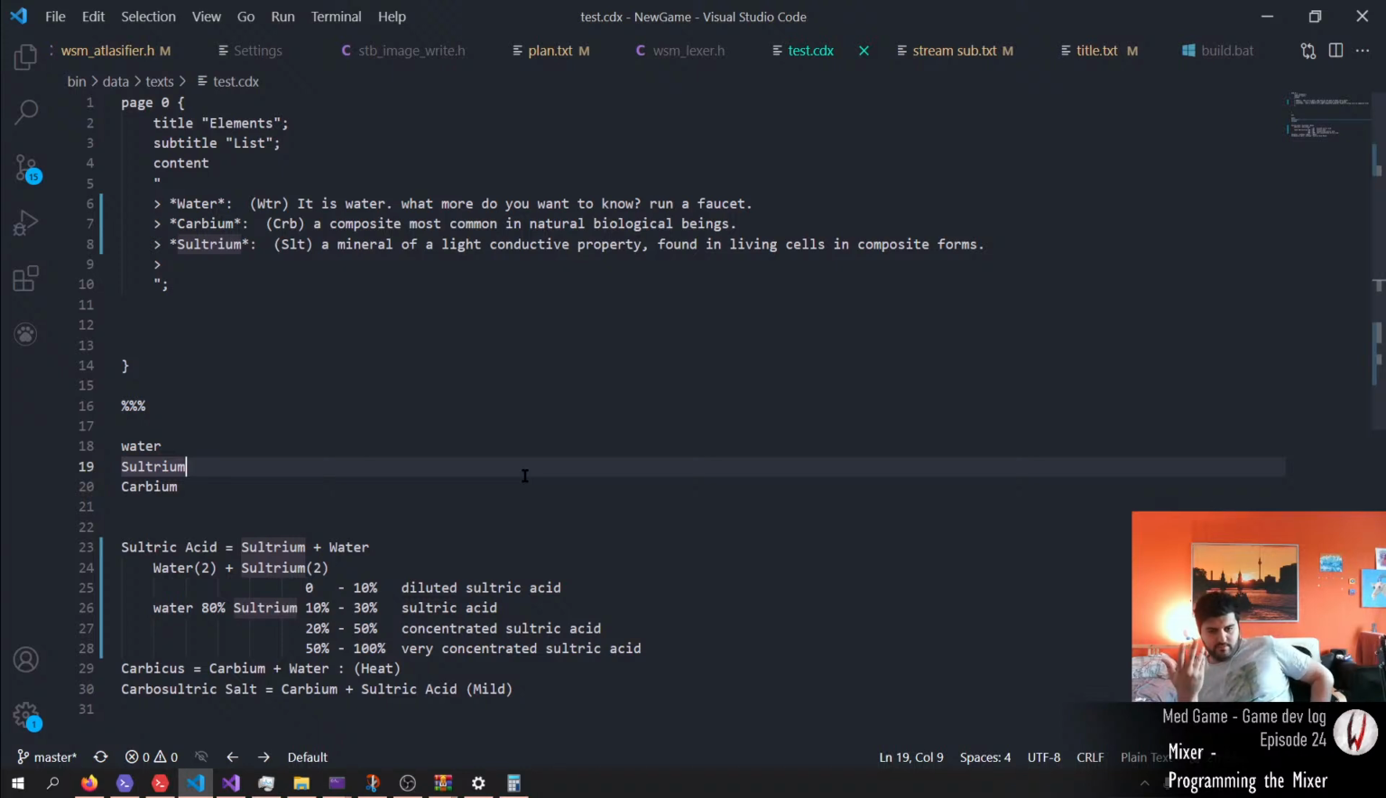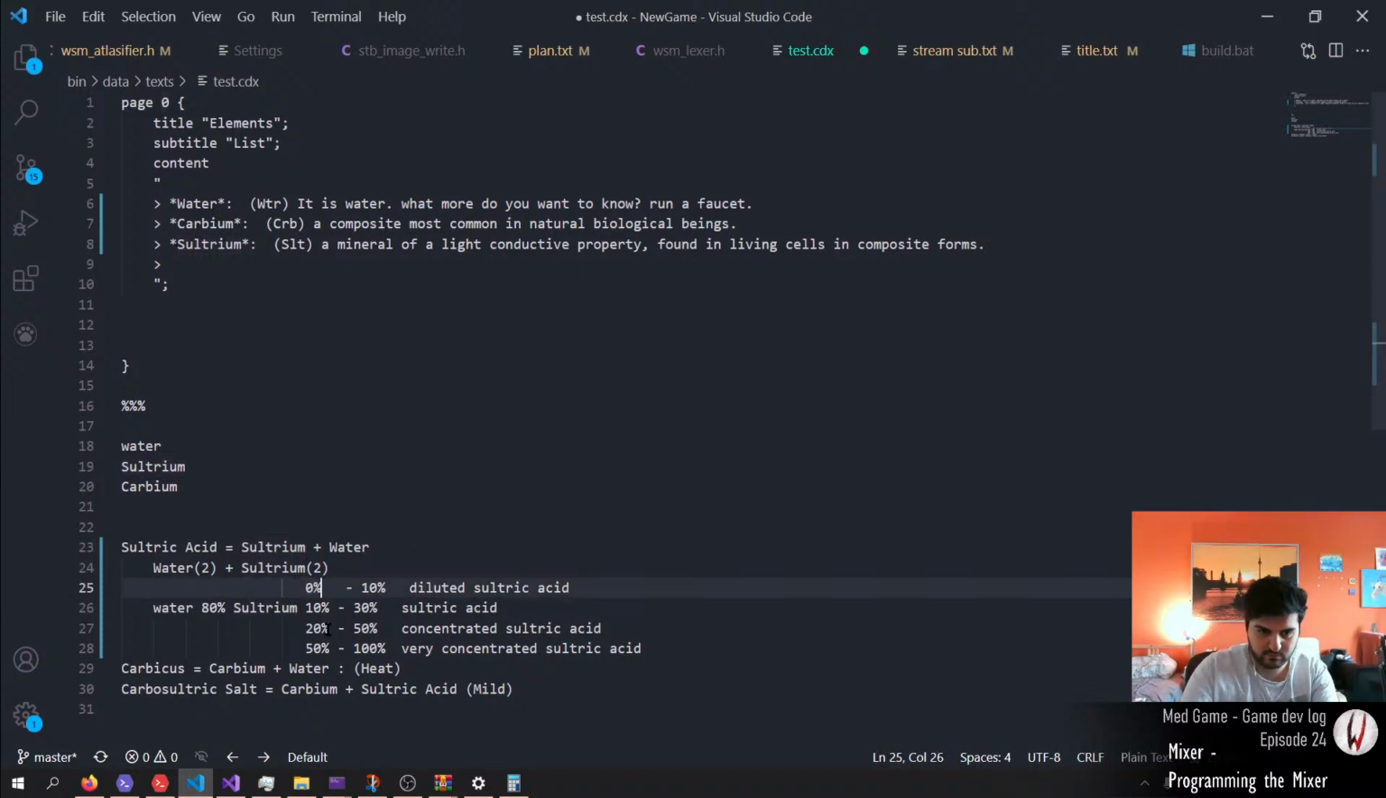Now, how do you mix them? So let's say I have like 8 water and 2 sulfurium. Just add them. That's all. There isn't much else to worry about. Okay, we can do that. So